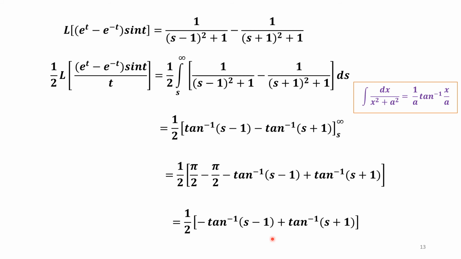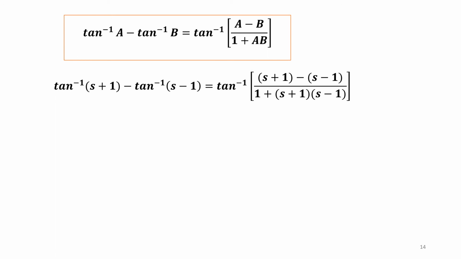So first step is converting the integral to Laplace transform. Then make use of the properties of Laplace transform to evaluate that Laplace transform. So calculating the Laplace transform of that function, we got the answer as half of this. Now using the formula for tan inverse of a minus tan inverse of b, we will have tan inverse of, if it is minus then the numerator is minus, denominator is plus. If you have plus here then the numerator is plus, denominator is minus. Now a is s plus 1, b is s minus 1. Substituting for a minus b upon 1 plus ab.